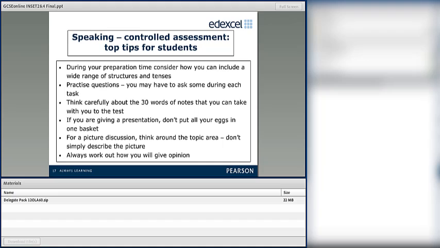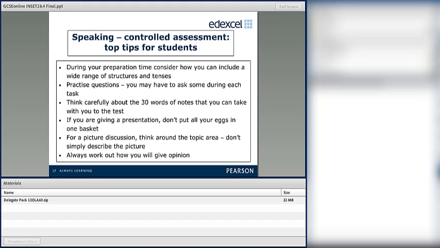Tips you can mention for your students is, obviously, as we were saying before, try to include a variety of structures and tenses. That also depends, obviously, on how the task is set. Especially if you're doing a presentation, it might be better to give them some bullet points to cover, as we've seen earlier in the examples, rather than just say to them, oh, talk about your school. If you give them some bullet points, it may be easier for them to include everything they need, because as we said earlier, they need to include a variety of structures and tenses, and they need to include opinions. So to make sure that they cover all these, bullet points probably help.